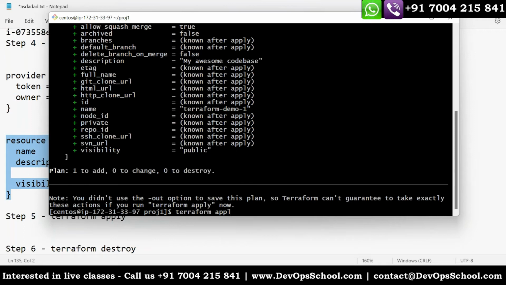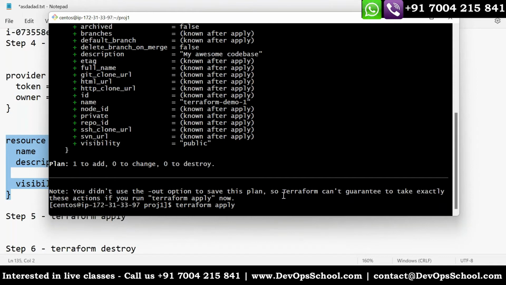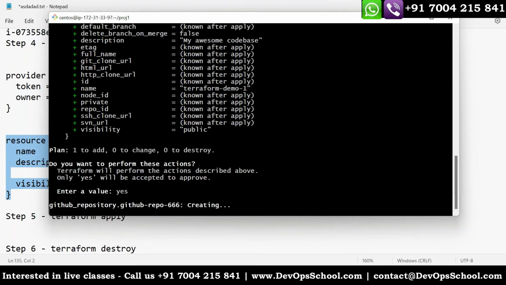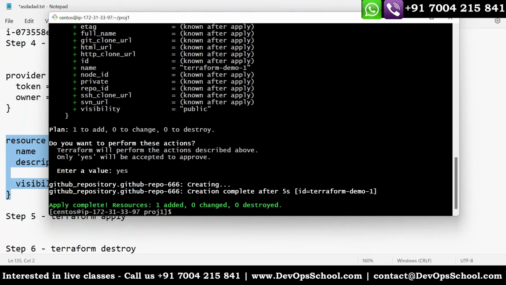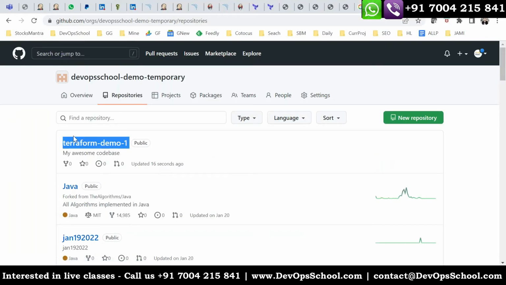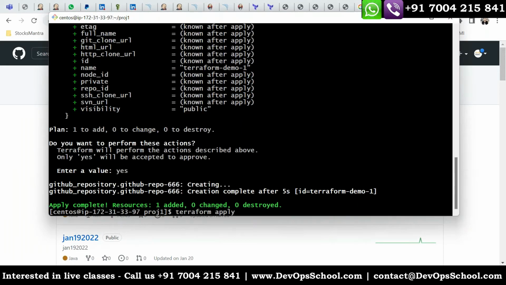Finally apply. Where did you move that AWS file? Same location. Non-TF file will not be read. No, I told you, non-TF file. Okay, so do we need to remove the other files we executed before? No, not needed. So 1 added, you see that here. Only TF files are read by apply and destroy.